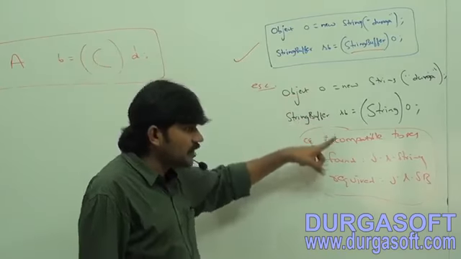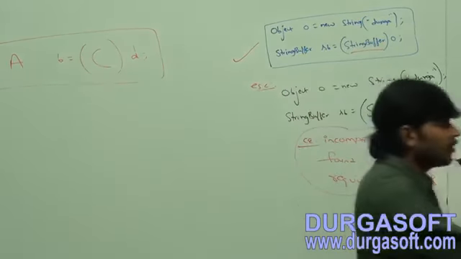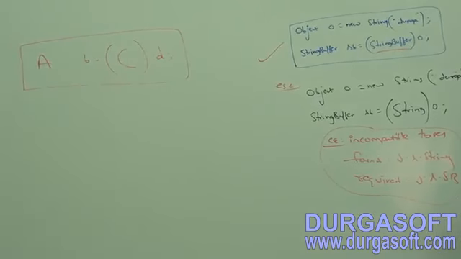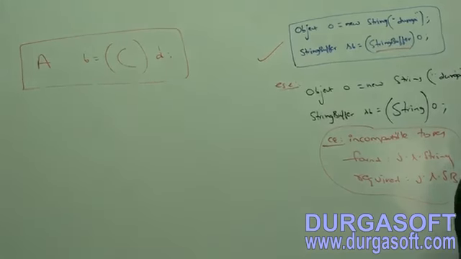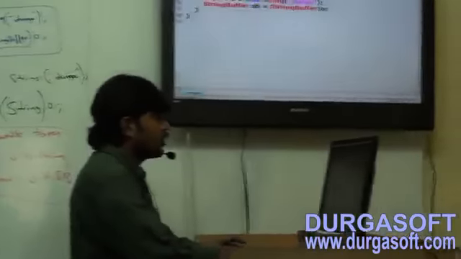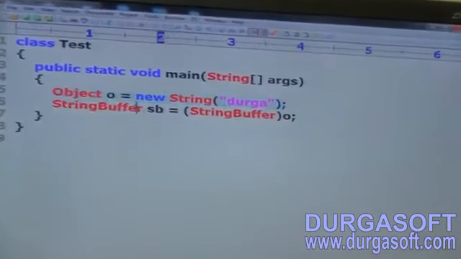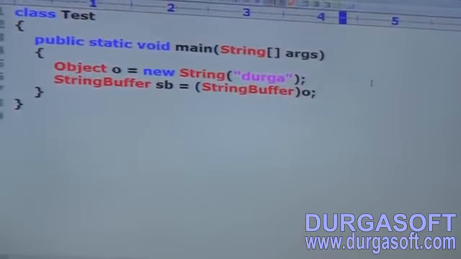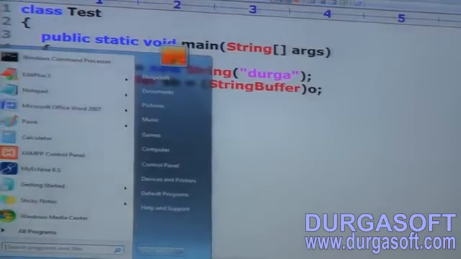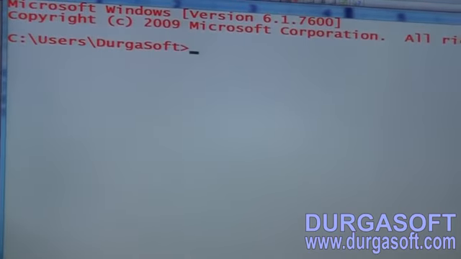Let me compile this one and show this compile-time error. One minute. Here, see: Object O is equal to new String of Durga. StringBuffer SB is equal to (StringBuffer) O. Is it valid or not?